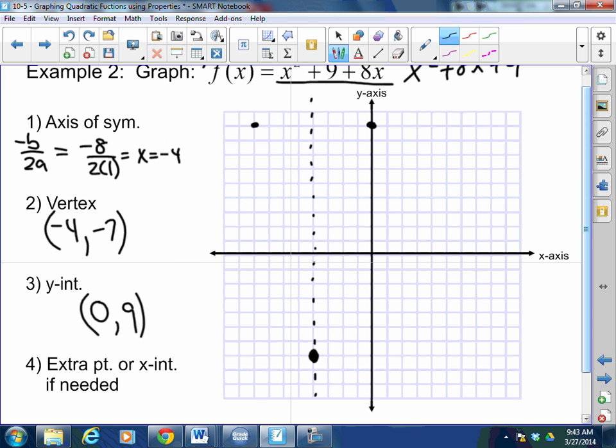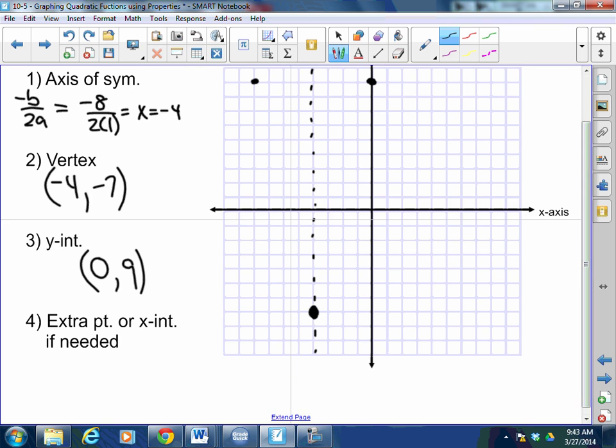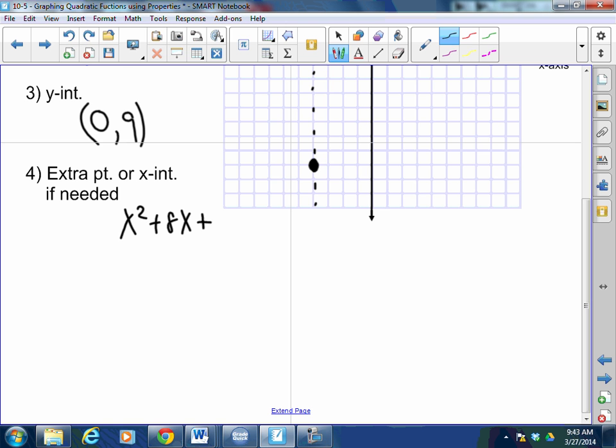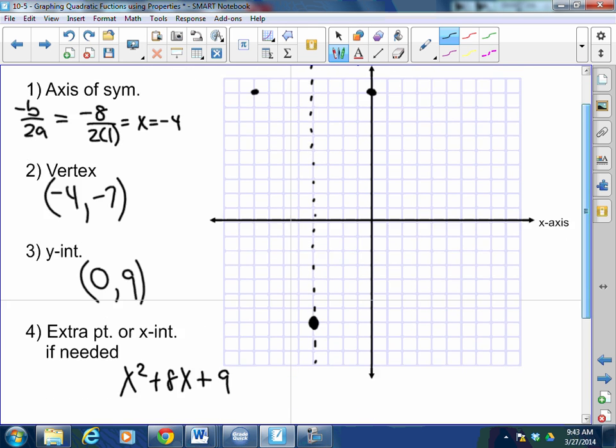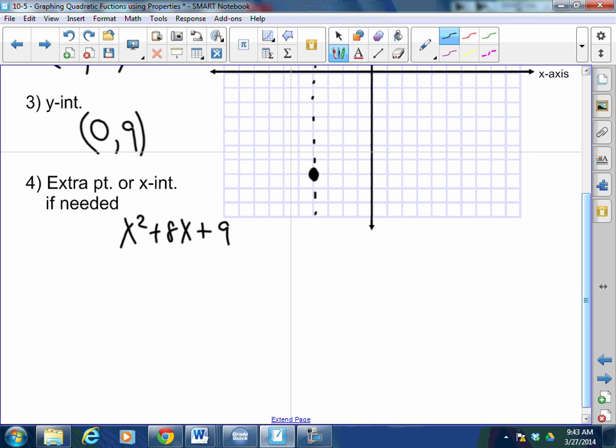So I'm going to go ahead and factor this bad boy. We have x squared plus 8x. Oh, actually, we can't factor that, can we? No. Very good. Awesome. Even better. What do we do when we can't factor? We can either complete the square or use the quadratic formula. What do you want to do? Okay, quadratic formula. Negative b plus or minus square root of b squared minus 4 times a times c over